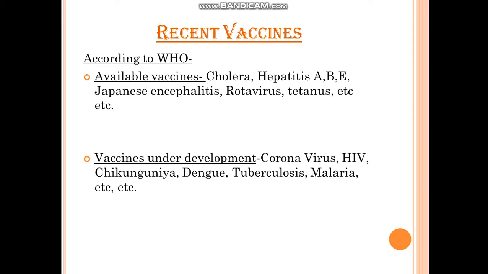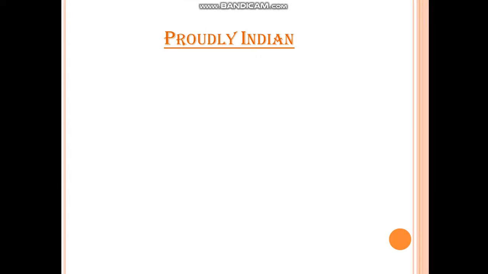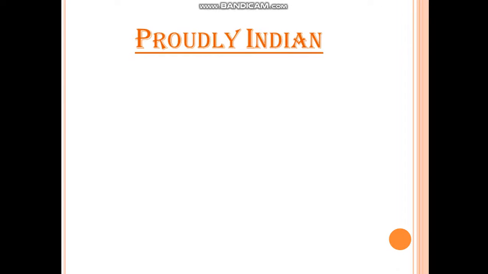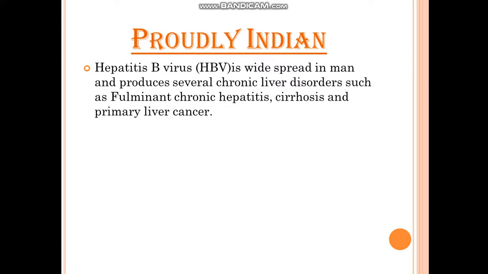As far as India is concerned, there are many deaths by tuberculosis in this recent time also. So these vaccines are under development, but I can proudly tell you what we have done as India,